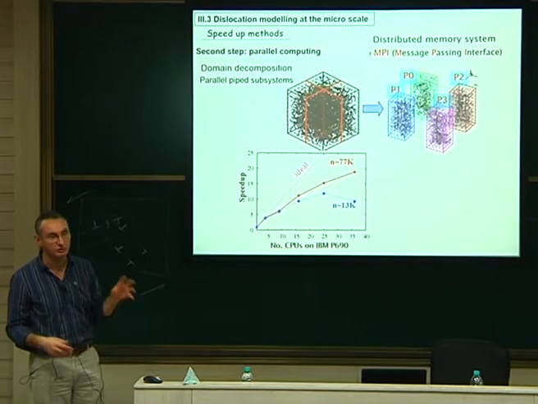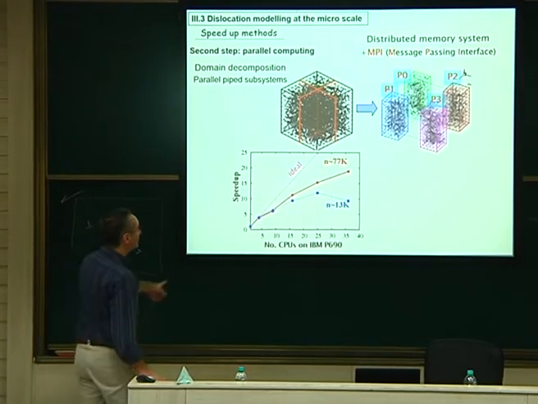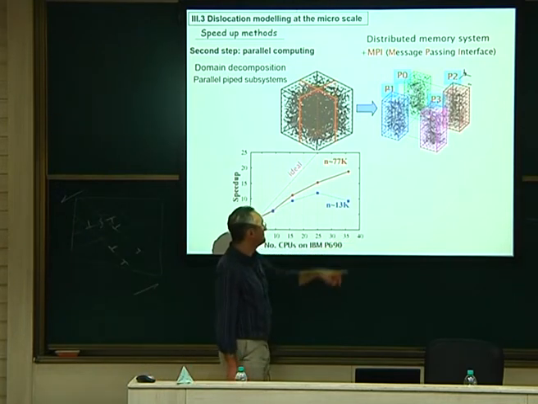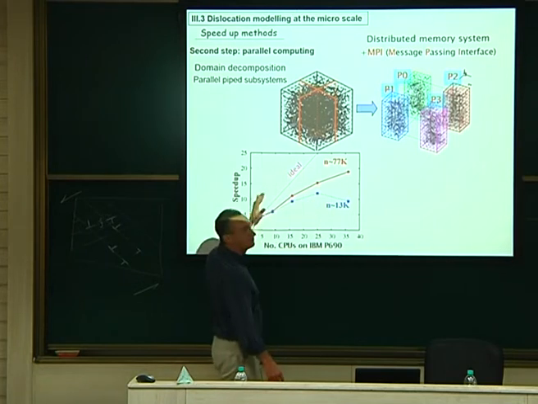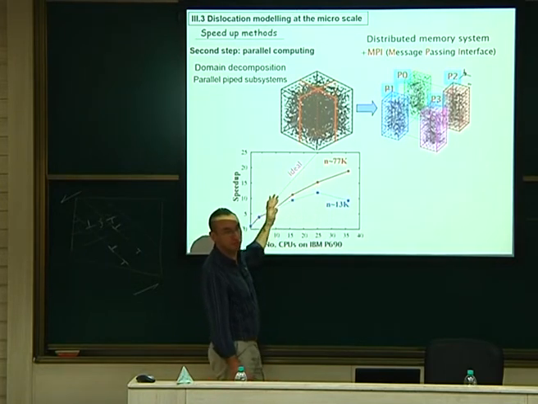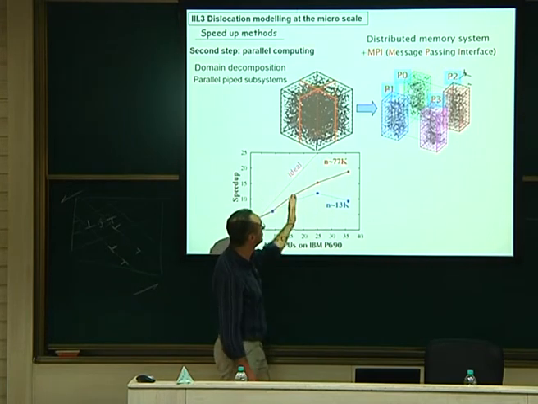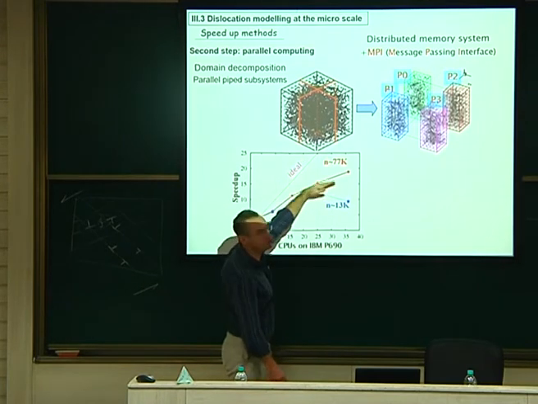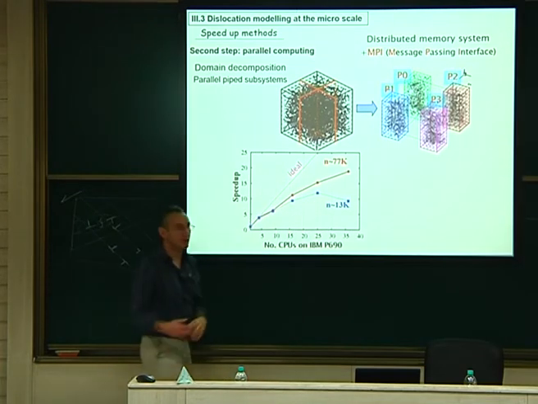It's not like ParaDiS, of course. This is not highly parallel, and typically you can see it here. Using up to 35 CPUs, this was a long time ago, we see that it's not a scalable model. The scalability is not good. You should be like that. The more CPUs you use, the faster you should be. It's not the case. It is not bad, but it's not good either. This is what we have.